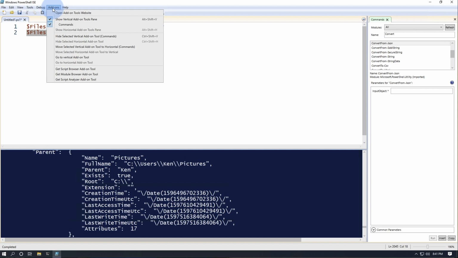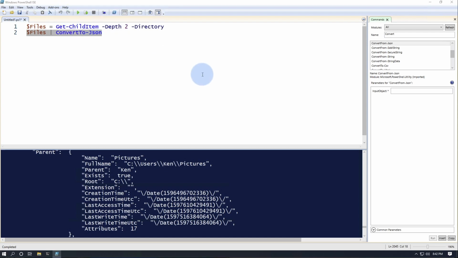Let's click on add-ons, because you're quickly going to realize that there's not a whole lot of stuff you can do aside from what I've already shown, unless you add some more add-ons to this. So if you go to add-ons, open Addons website,